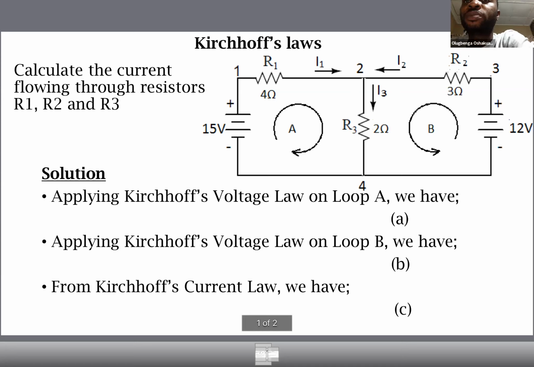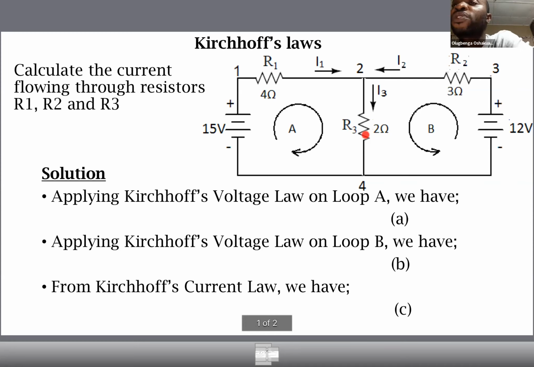In this circuit, we have two batteries, a 12 volts battery and a 15 volts battery. We have three resistors, R1, R2, R3. Looking at this circuit, it is very difficult for you to simplify the resistors to say R1 and R2 are in series,